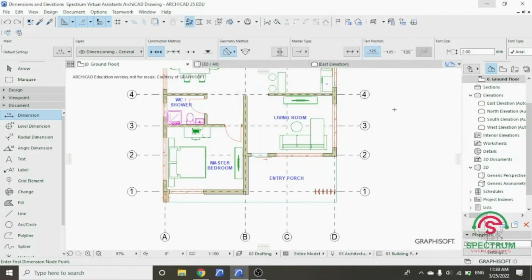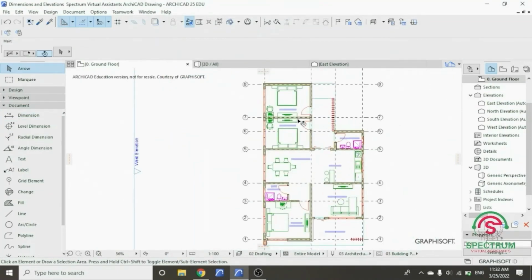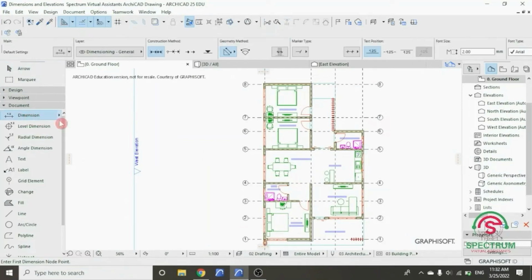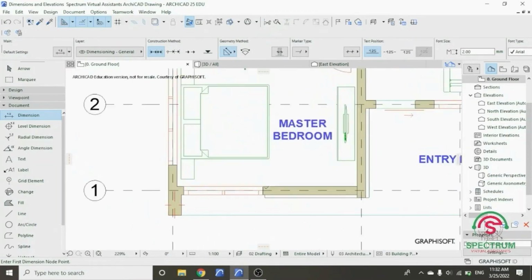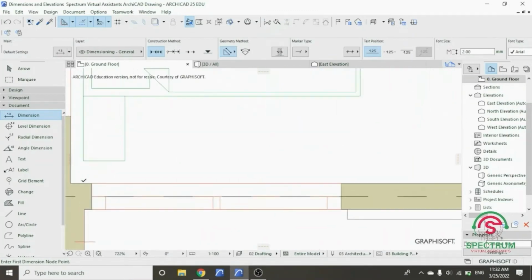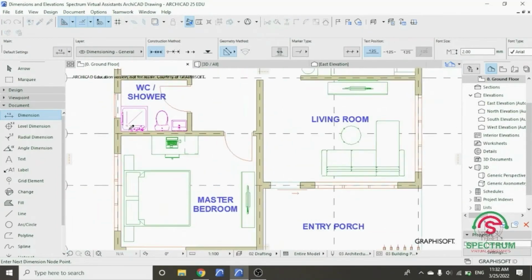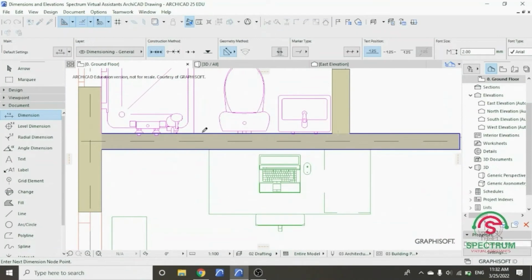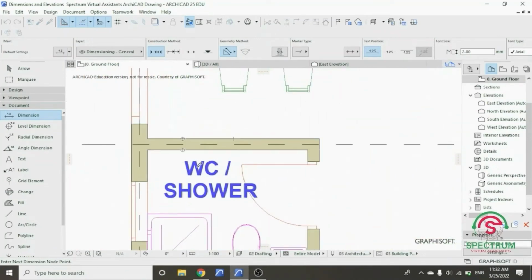Now let's enter dimensions. Click on dimension and then click on this part of the wall. Click once, click on this wall, click on this other wall,